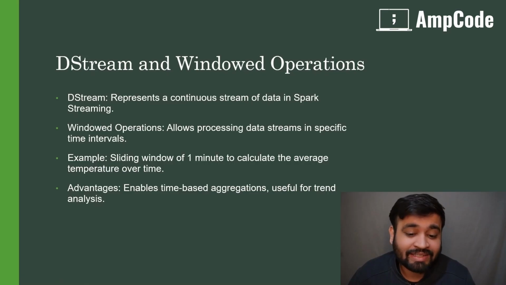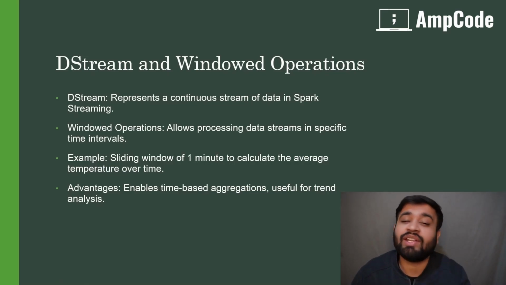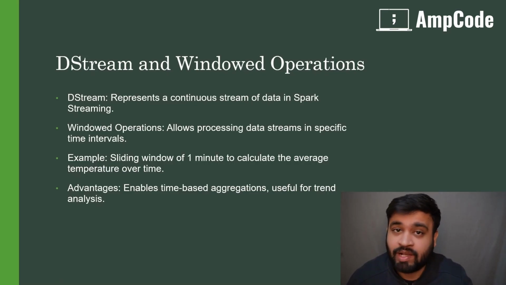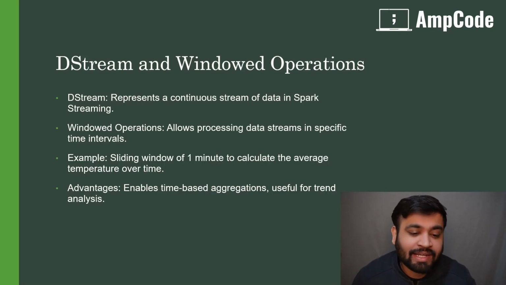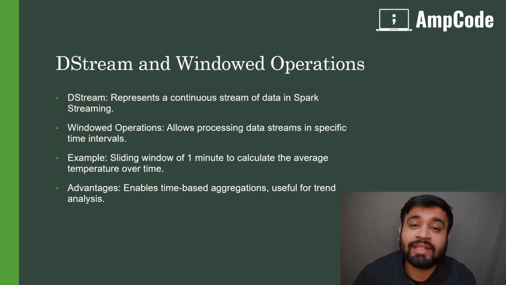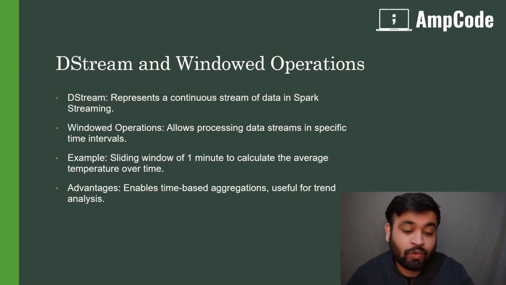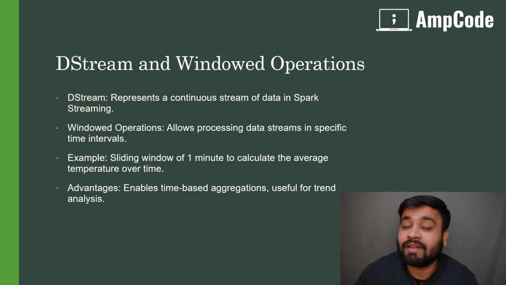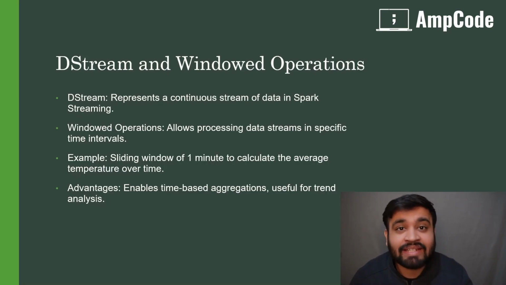DStreams represent the continuous streams of data in Apache Spark Streaming and are the abstraction of Spark Streaming. Basically, a DStream stores the data in RDDs itself. The input data comes in real time and gets converted by the DStreams into micro batches. These DStreams are nothing but RDDs which contain the smaller chunks of data that get